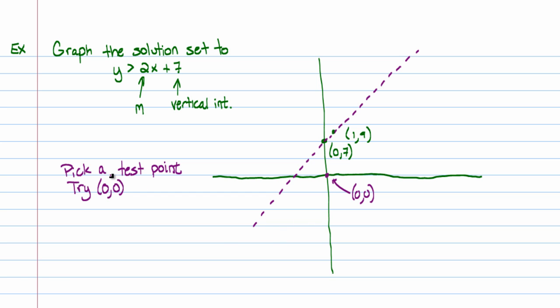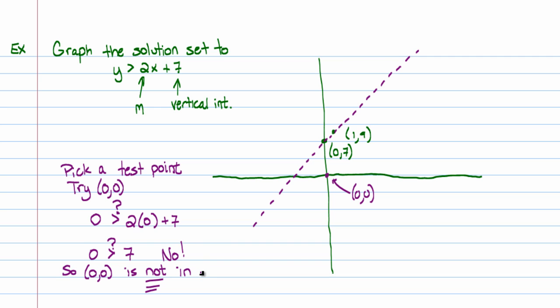If you plug that into the original inequality, you get this. 0 is greater than, and I usually put a question mark here because I don't know if it is, 2 times 0 plus 7. So the question is 0 greater than 7? Right? Because that's what the right-hand side equals. And the answer is no. So that means that that point is not in the solution set. Let me write that down. So 0, 0 is not